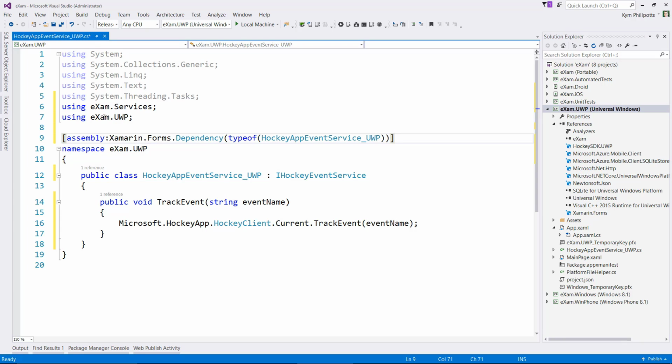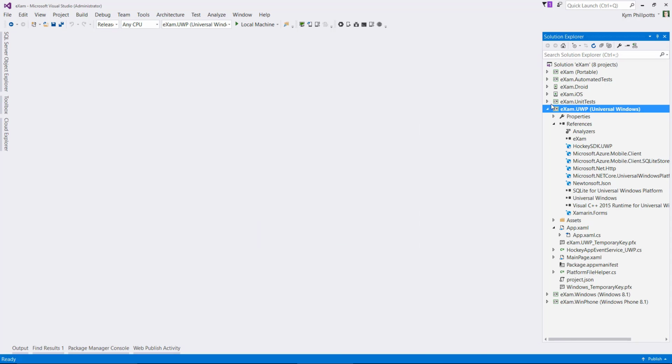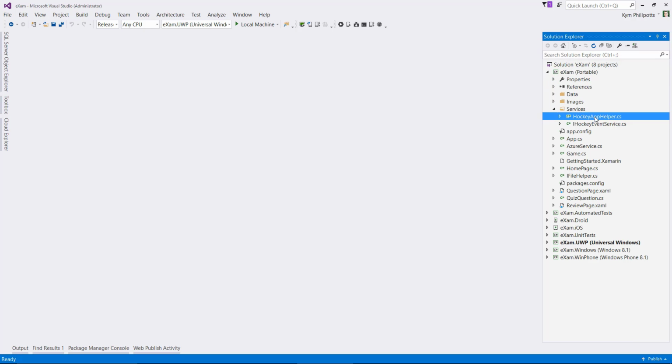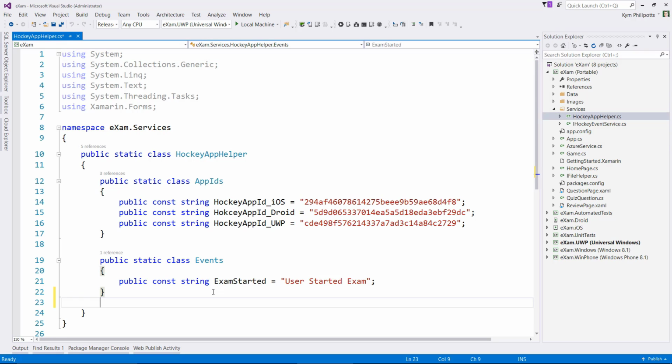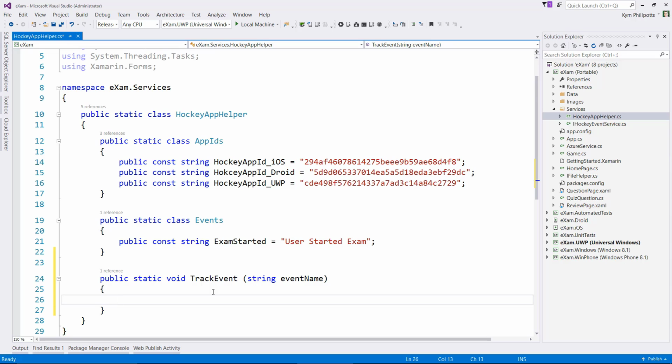Now let's create a method on our HockeyApp helper, which is actually going to call this. This method's going to be our public static void. This is going to be our TrackEvent. And inside this method, depending on our platform, we'll either call to the metrics manager as we did before, or we'll use a dependency service to call down to Windows. So I'll just say if